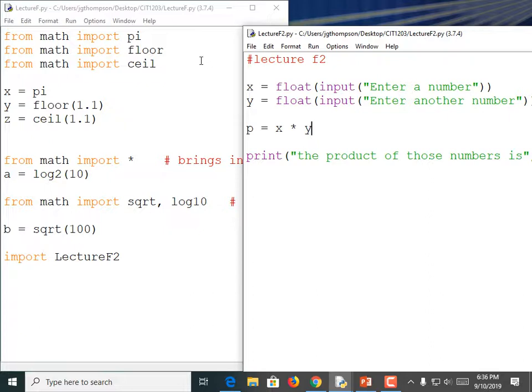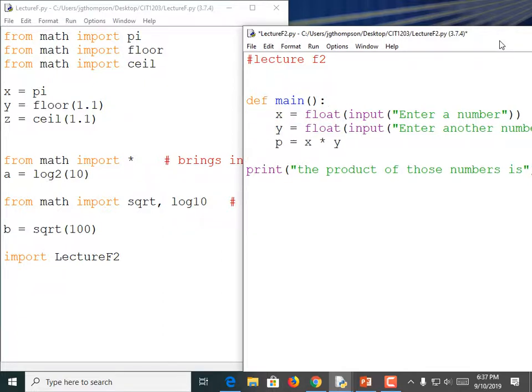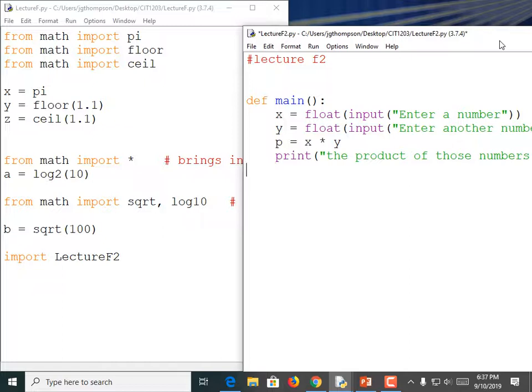Well, the problem is we don't have a function. We just put all of our code straight, unindented. So I'm going to turn this into a main function. So def space main parentheses in parentheses colon. And then tab these three guys, or four statements. Control S to save that one, and then come back over to the other one